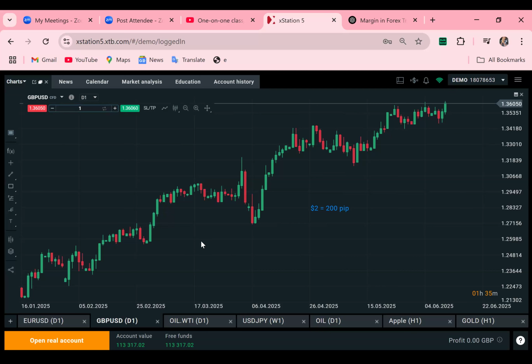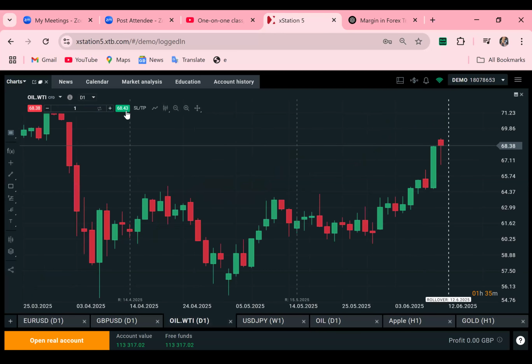Because commodities require more money, and the broker also requires a little bit of margin to place the trade. So now I'm buying oil, and the price I'm buying oil at is what is called instant execution. That's instant market price. I'm not buying at a price that is not here. If I want to buy at a price that is not here, I will use what is called a pending order or limit order, where I may choose to buy at 70 or 69, or I may choose to buy at 65. That's what is called a limit order.